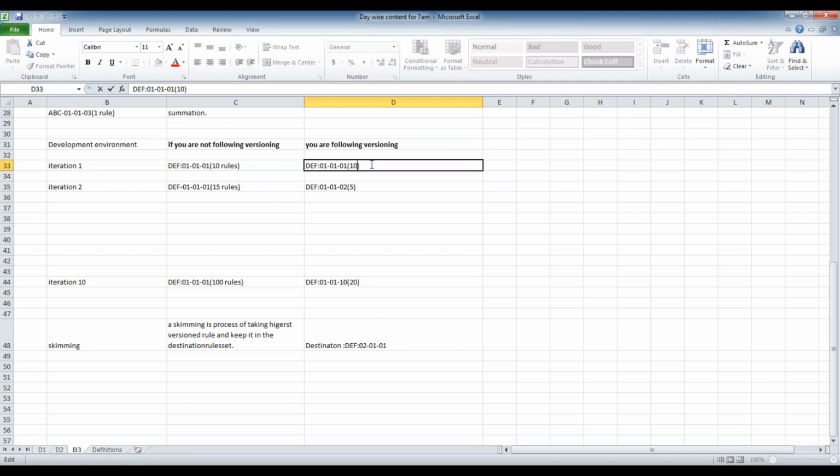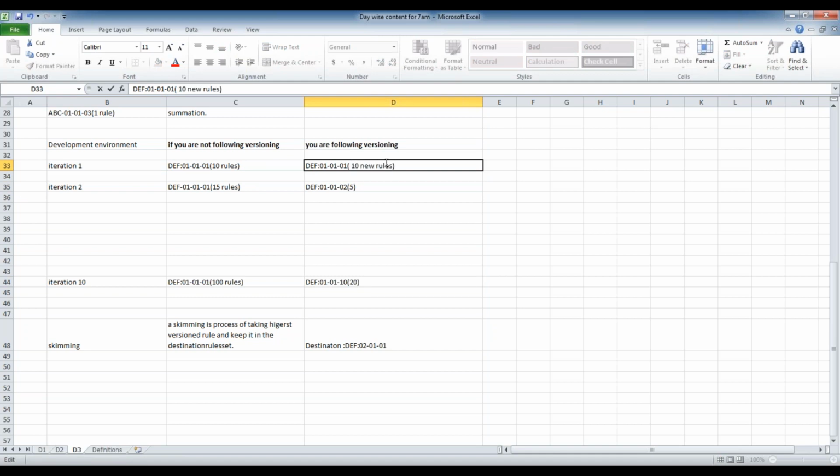I will tell you, that is a good question. Let's say in Java, if you modify any Java class, the dependency classes we have to export again, right? Here that kind of export is not required. Let me make it like this: 10 new rules are created here.